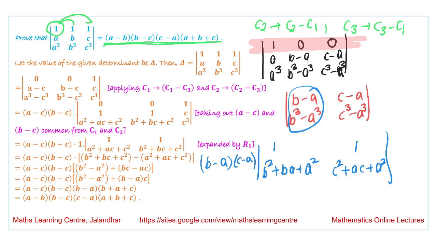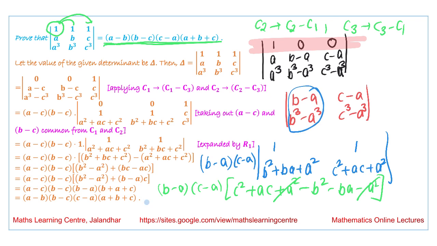Now on solving this determinant, the answer we obtain is b minus a into c minus a into c square plus ac plus a square minus b square minus ba minus a square gets cancelled. Now what we are left with is this value, b minus a